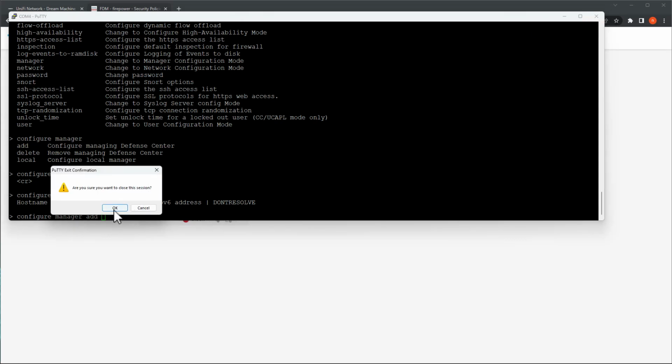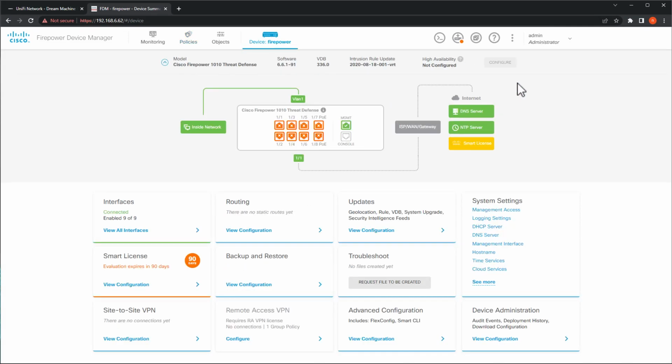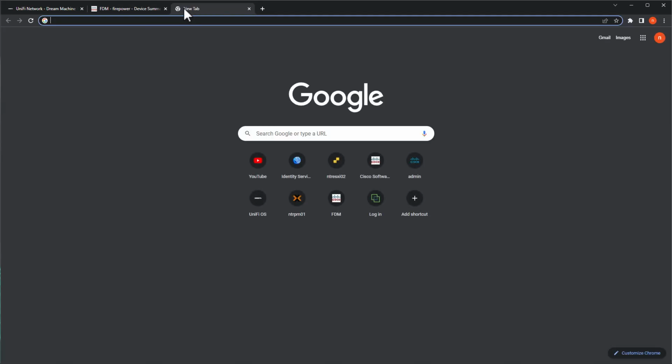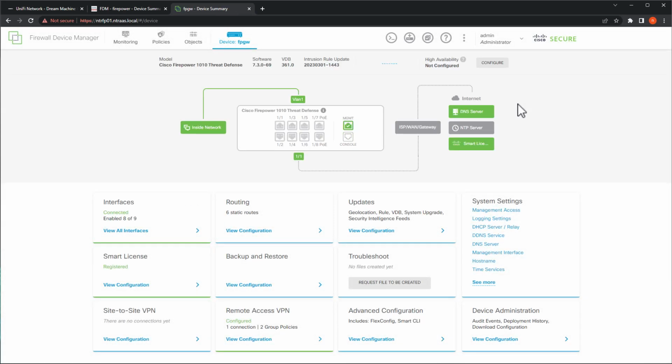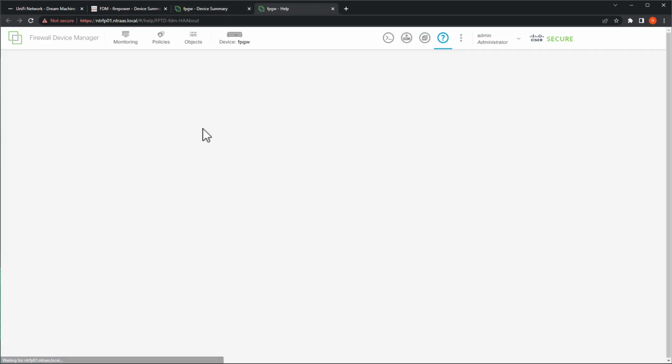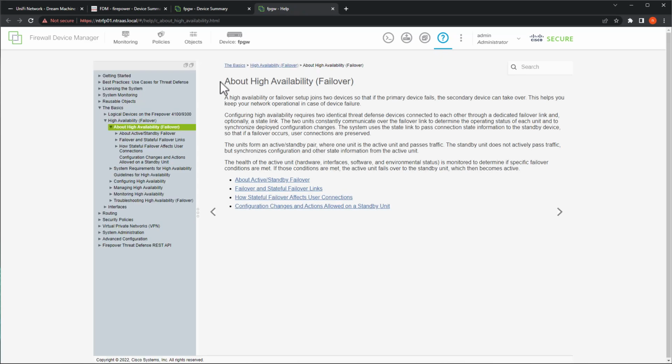All right, last but not least, one of the things I wanted to talk about was high availability. You cannot configure HA because one or more interfaces is configured to obtain from DHCP. Yeah, if you have DHCP anywhere, you cannot use HA. All right, whatever. But let me open back up my NTR FP01 because I don't have DHCP anywhere here. You can click on the Learn What is High Availability, which will open up a manuals page, and it'll talk about failover,